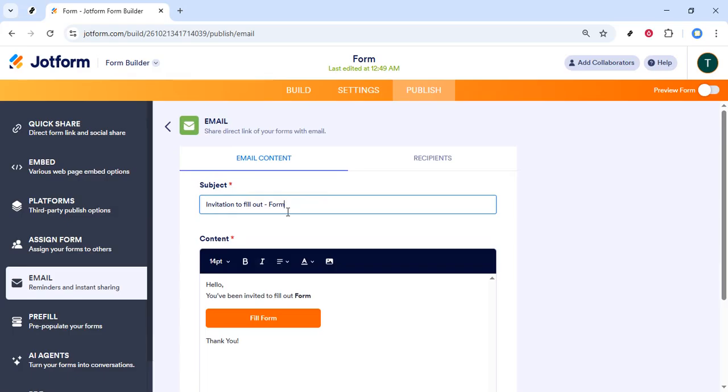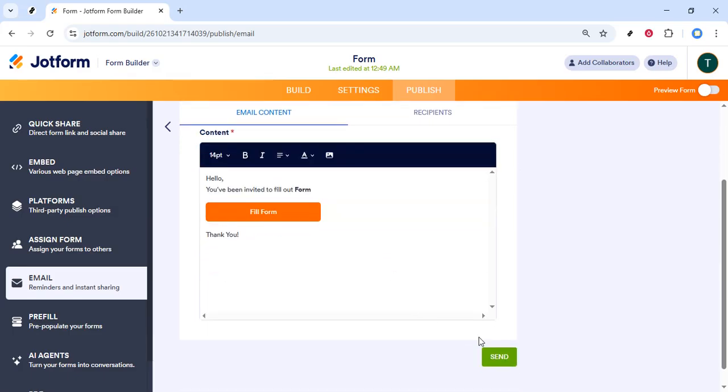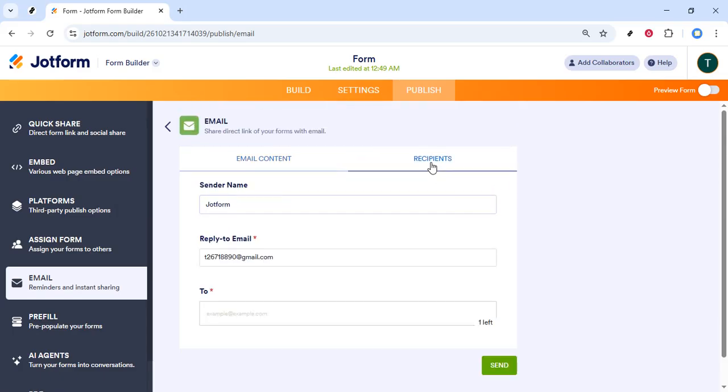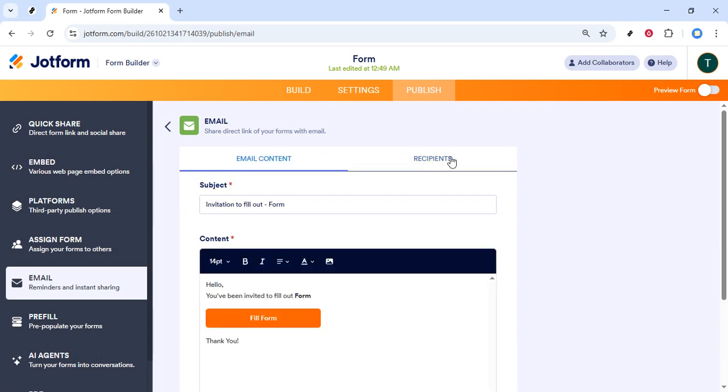If your recipient list is already filled out or pre-configured, this may be all you need to do. Always take a moment to double-check spelling, tone, and that the purpose of the form is obvious to someone receiving the email. If you want more control over who the email goes to, or you need to adjust sending details,